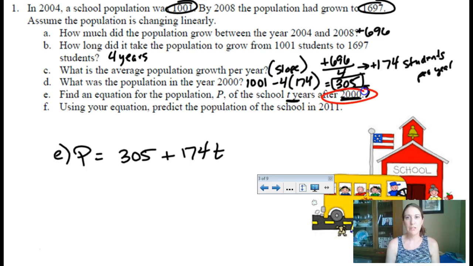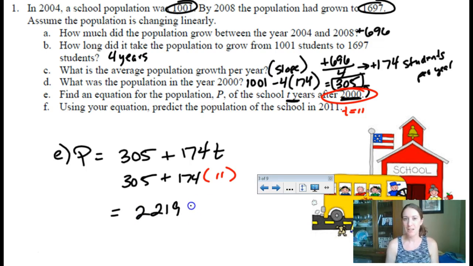So remember, it's measuring years after 2000. So this is when you are 11 years after 2000. So throwing an 11 into your formula here, which is really handy that I already keyed this up, right? No promises that I didn't make a mistake though. Looks like our population is 2,219 students